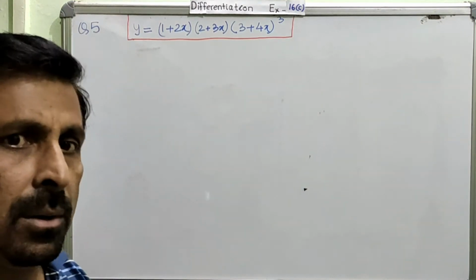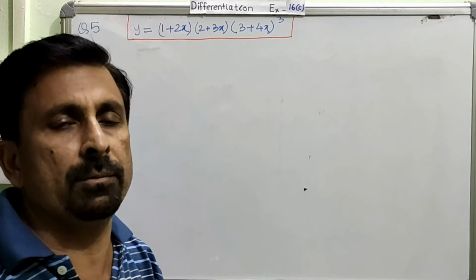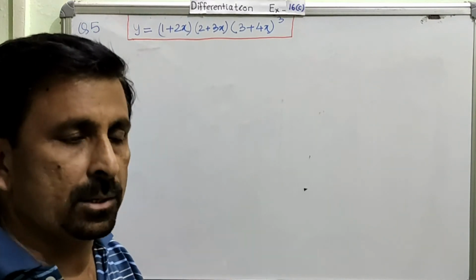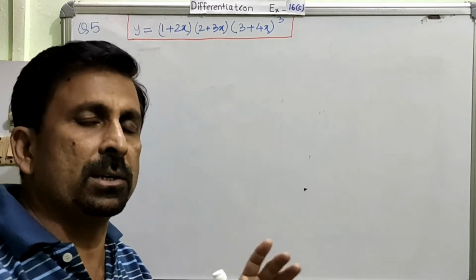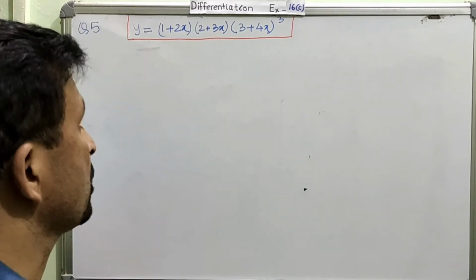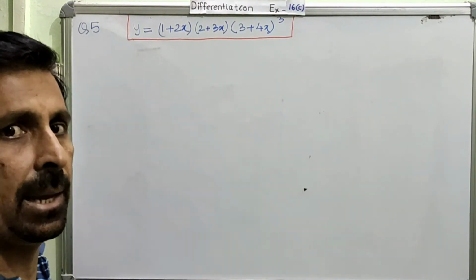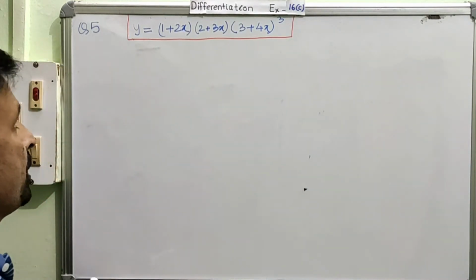Right? So it does not matter, we will do it in the same manner. At a time, we will differentiate only one function. So when you are differentiating one function, the other functions will remain silent. That's all. Nothing to do. So whether we have 2 functions or 3 functions or 10 functions, the rule will be the same only. So with this, we are going to begin.